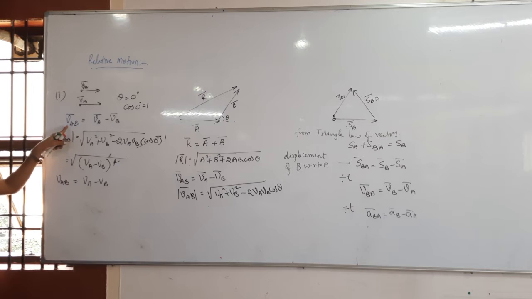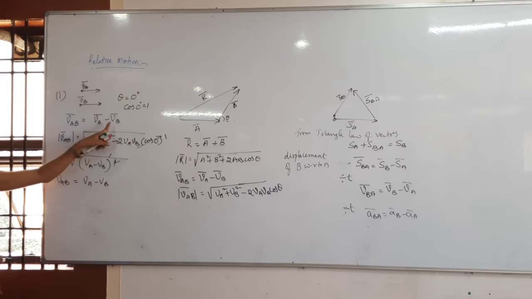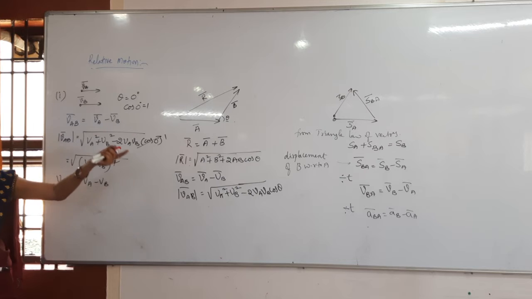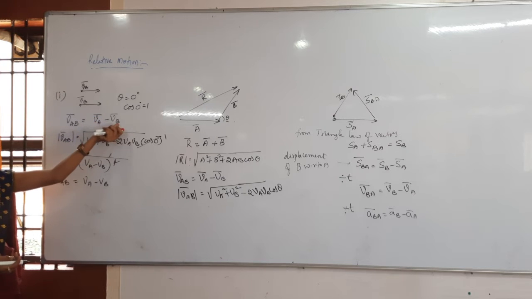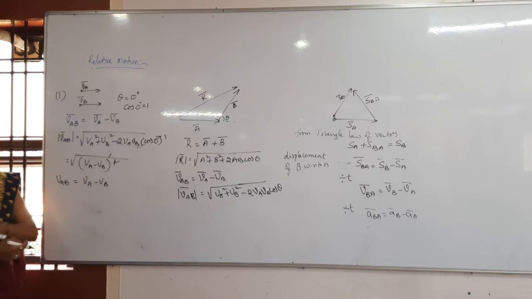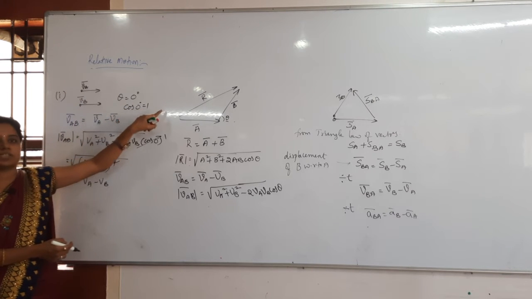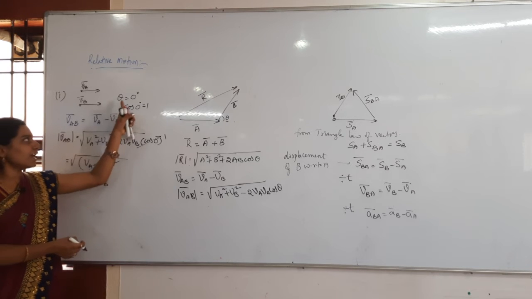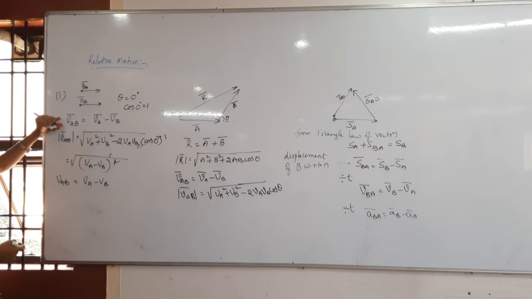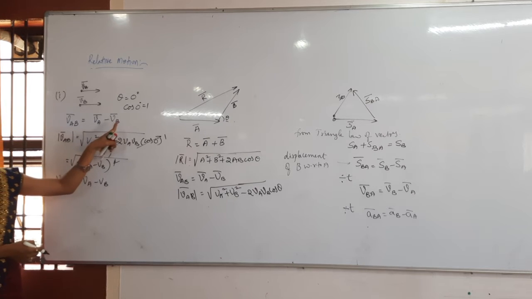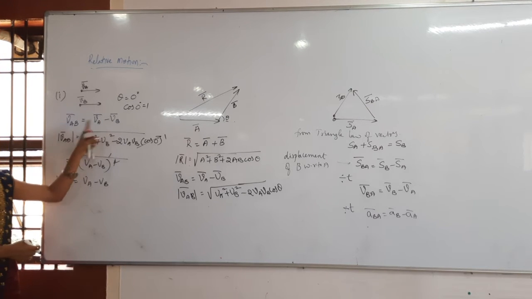If I am not finding the magnitudes, then VAB bar is equal to VA bar minus VB bar. If I say east direction, we get I cap, and if I say north direction, we get J cap. You can understand that in the problems clearly. But here the main concept is that whenever both bodies are moving in the same direction, the angle between them is theta equal to 0 degrees. Then the relative velocity of A with respect to B is VA bar minus VB bar. This is the subtraction of vectors.